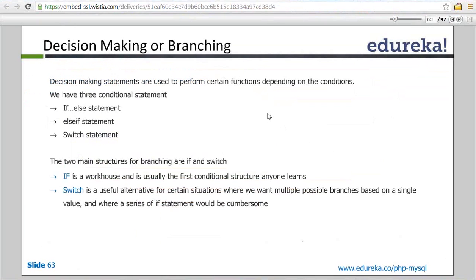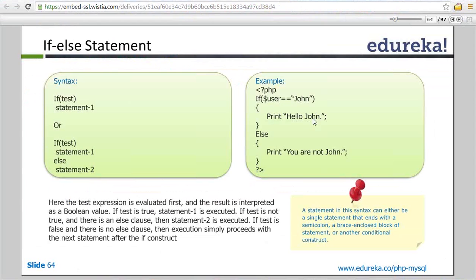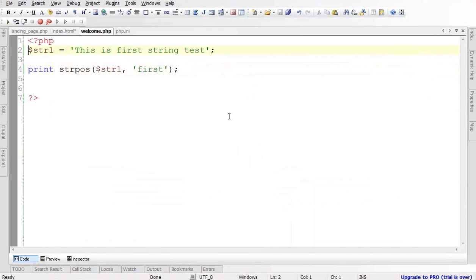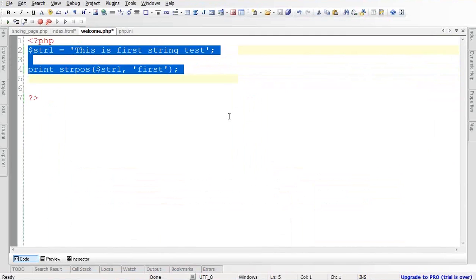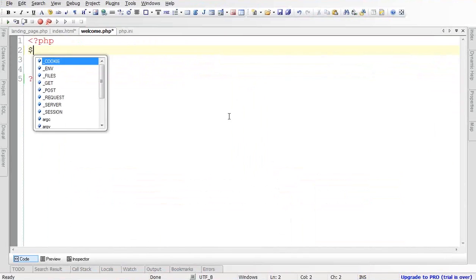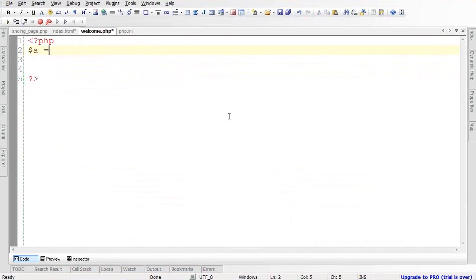Let's move to decision making or branching. If you remember, yesterday we explained that there are three kinds of conditional statements in PHP, that is if, else if, and switch. Today I'm going to show you the practical of all this. Let's start with if. Here I have a variable a whose value is 12. Here I have a condition if